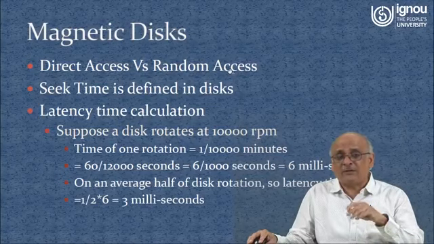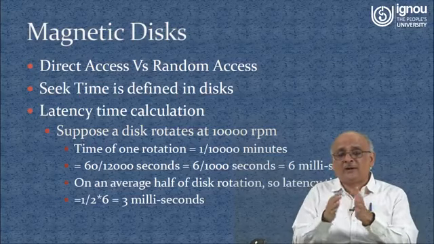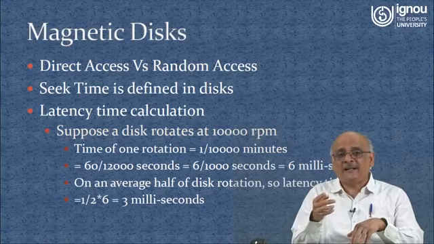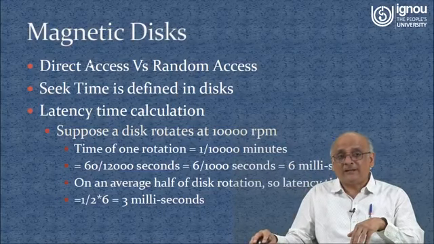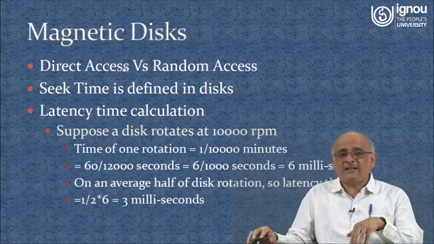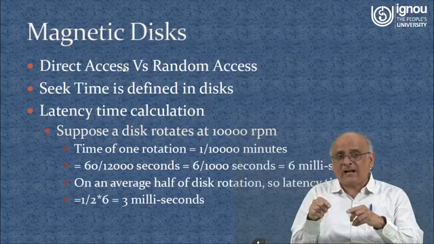Suppose you have a house, a particular apartment number 10. Your house number can easily identify randomly which particular house is there, right? But if it has to be done with the help of a disk, then it is direct access. Some people are confused between direct access and sequential access. It's not sequential access because you're moving to the track and then from the track it is just one rotation